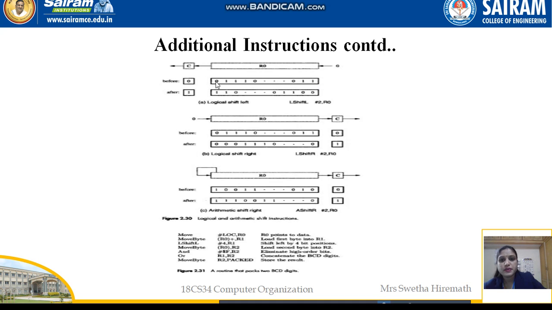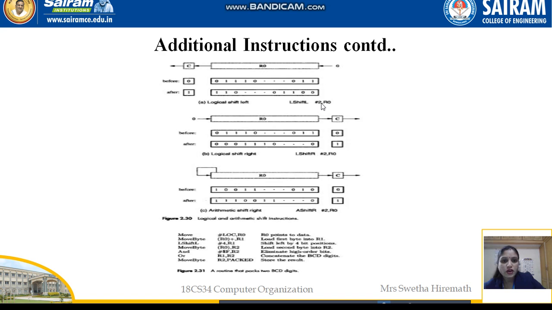So if it is being shifted to the left, this one will be removed, and this 0 value will be placed here in the carry bit register, and all these values will be shifted towards the left. So this is the first time, this is the second time when we apply the logical shift left operation. So here this one will be moved to this position, and other bits will be moved to the next positions. So this is how it works.